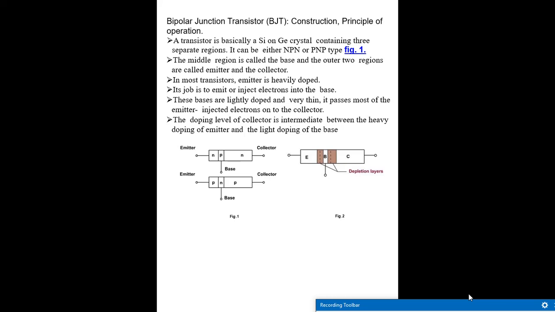They have emitter, base, and collector. Now, this emitter, base, and collector are classified into two categories. One is with respect to their areas, the other one is with respect to the charges. If they are going to classify with respect to charges, emitter will have the highest number of charges, followed by the collector, and then followed by the base.